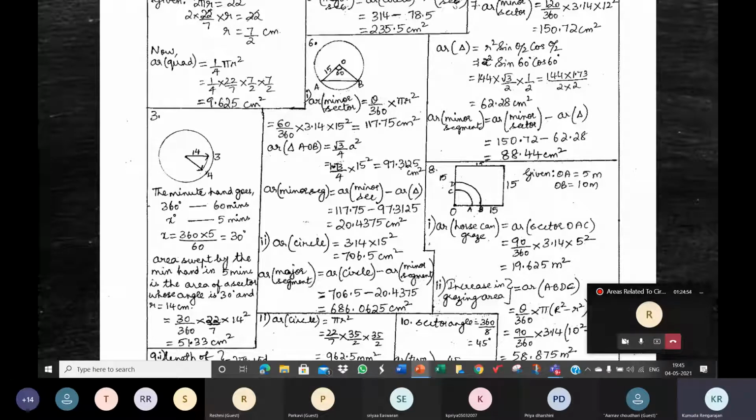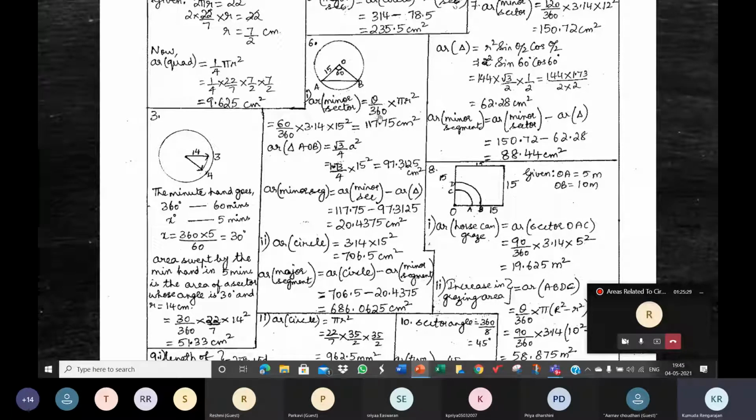So it's a combination of a triangle. See here, the sector here is a combination of a triangle and a segment. So from the area of the sector, if you take away the area of the triangle, you will be left with the area of the segment. Because the sector is a combination of this triangle and the segment. Both of them put together make the sector. If you find the sector area, you found the area of the triangle and the segment. So from that, if you take away the area of the triangle, you will get the area of the corresponding segment. That's what we've done here.